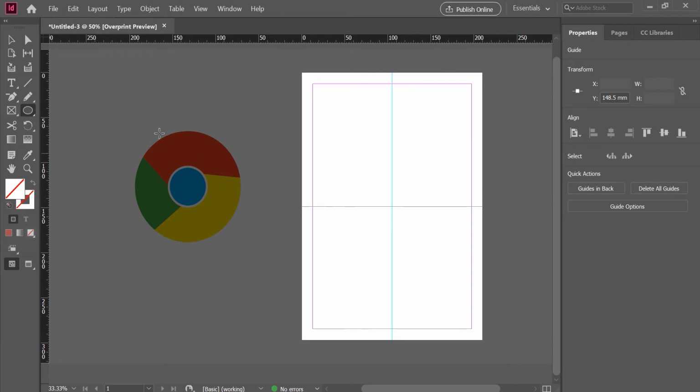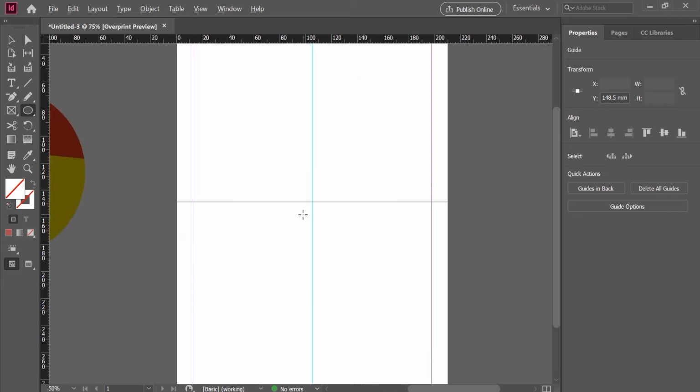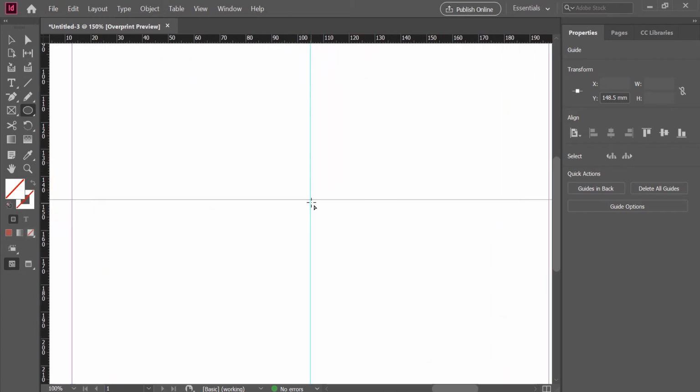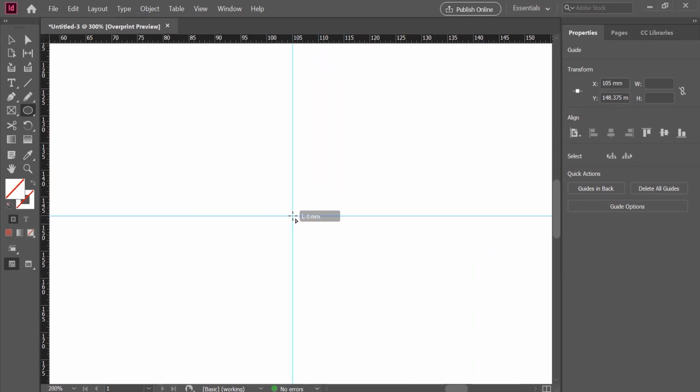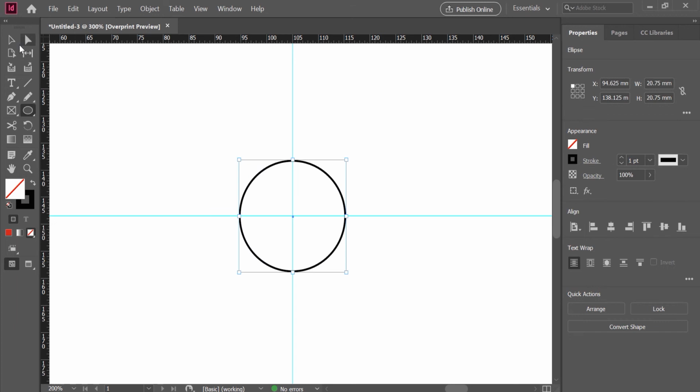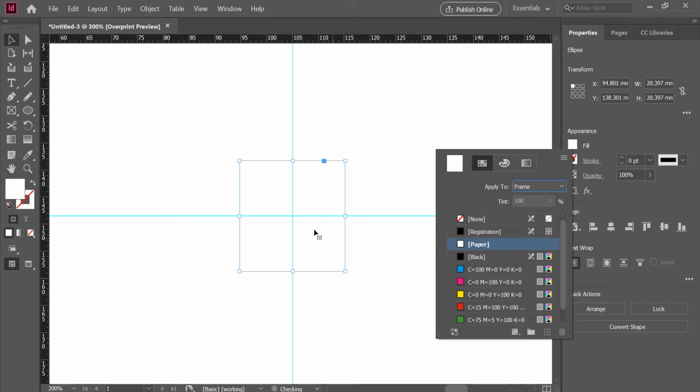Right after drawing that, I'll select the circle, that's the ellipse tool, and exactly from the center you click the mouse, click here once, press Alt key to maintain the center, and press Shift key to maintain the proportion of the circle. So after doing that, I don't need a stroke line, but what I need is a white color. Now since the background is also white, we cannot see the circle, but the circle is still there.